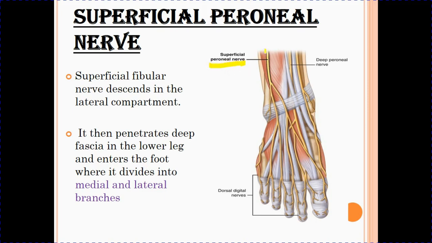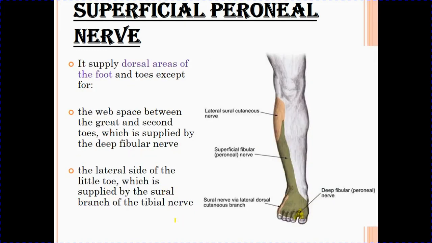It pierces the deep fascia and enters the foot, and here it divides into a medial and a lateral branch, which supply the dorsum of the foot. It supplies the dorsal area of the foot and toes